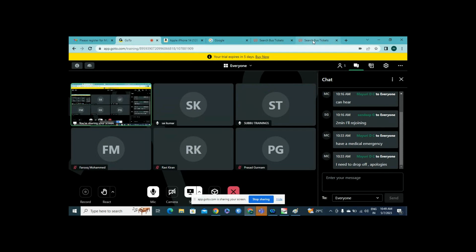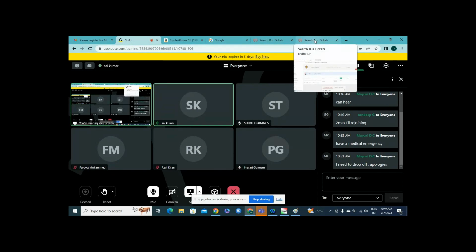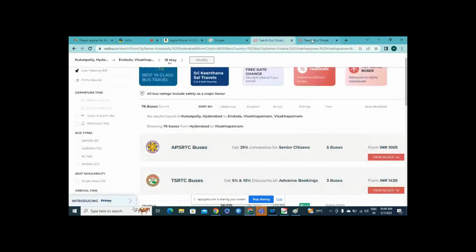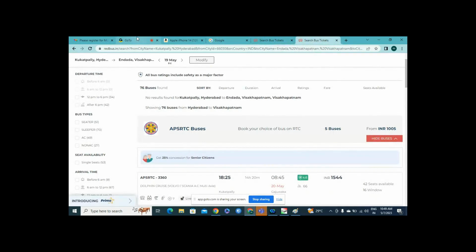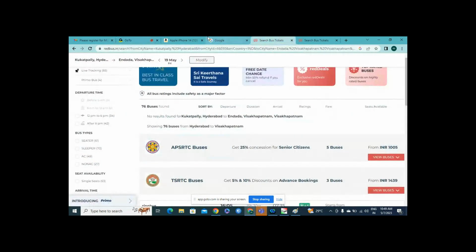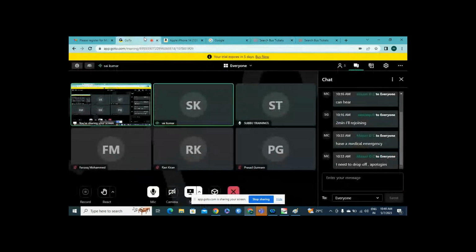Yeah. So folks, whatever you have explained is exactly appreciated. So the source system is Red Bus, and the target system is perfect. So this is how MuleSoft plays a major role in integration. Any doubts till now on how MuleSoft plays a role in real time? So hope it is clear, right?